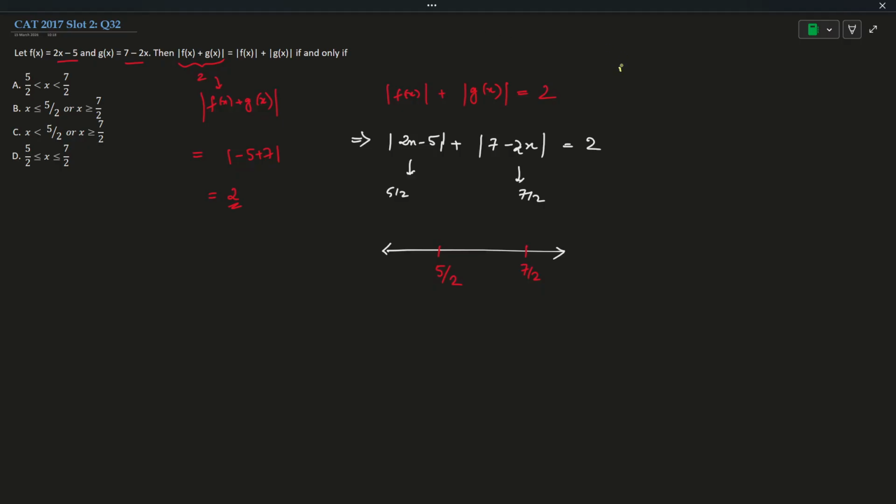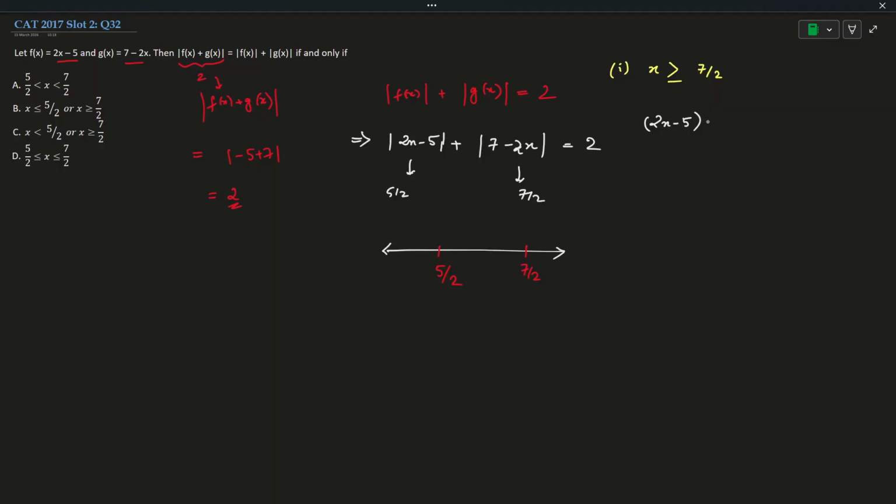I have 3 regions. Number 1, when x is greater than or equal to 7 by 2. When this is the case, the first term will be positive, so it will be 2x minus 5. It will open with the plus symbol. Okay,